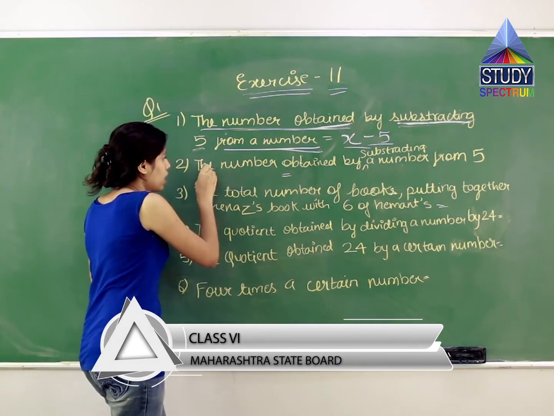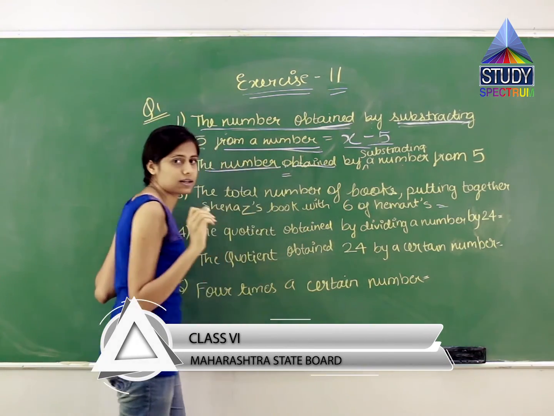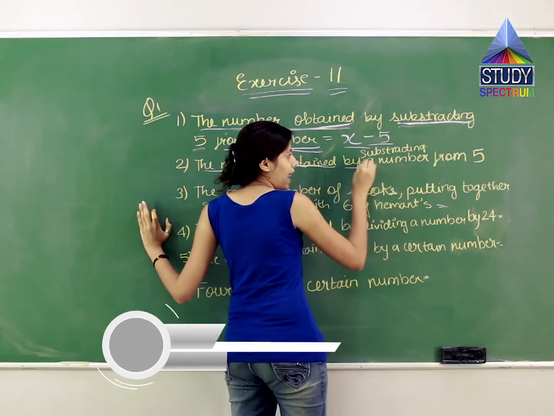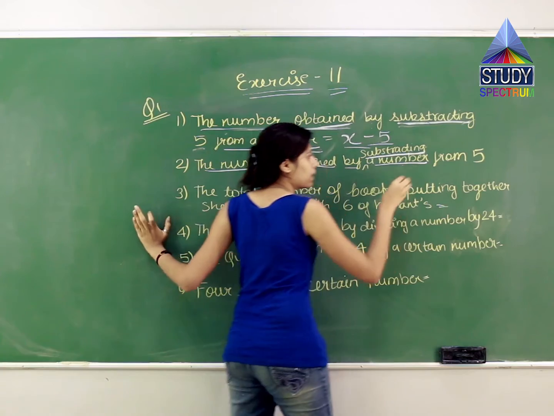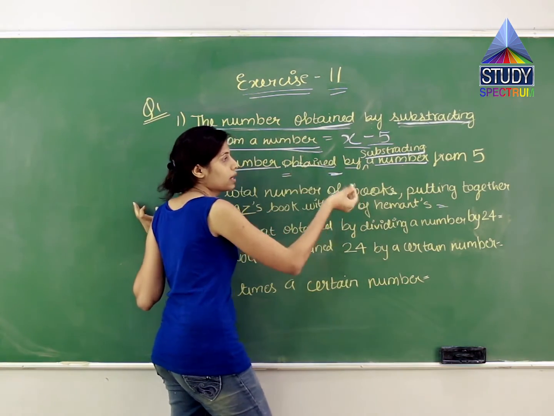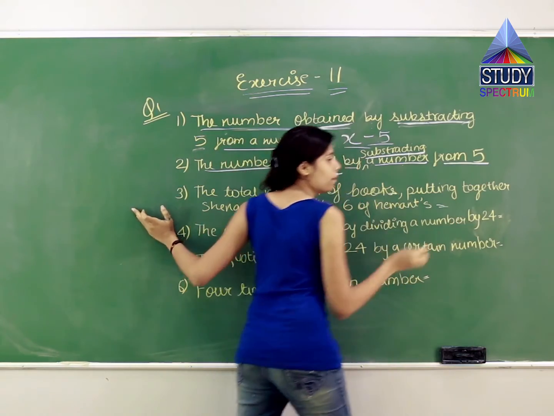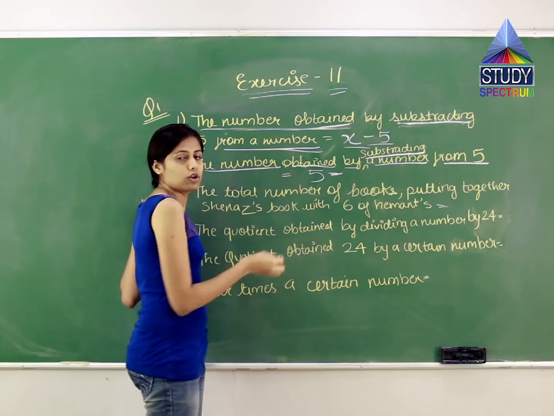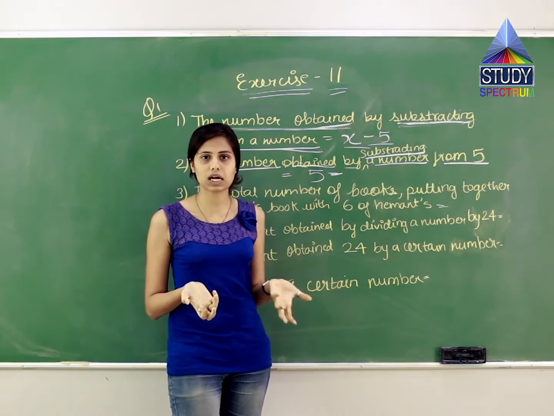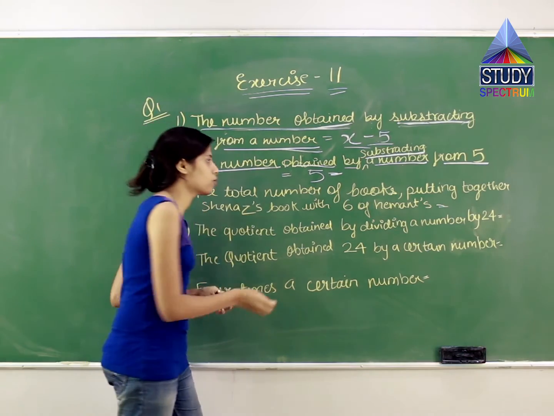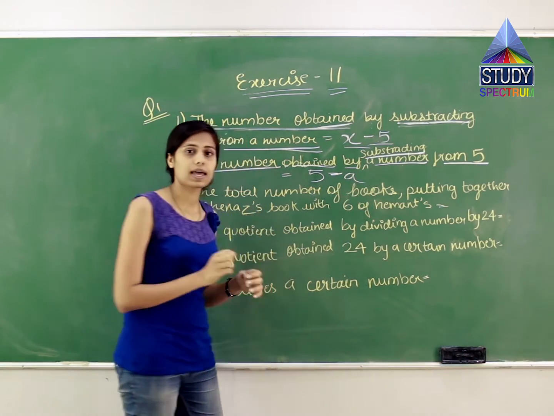So look over here. A number is obtained. Okay, the answer. They are telling us to find the answer which is obtained by subtracting a number, means later part they are told कि माइनस करना है एक नंबर, पर किससे माइनस करना है? From 5, means you have to subtract a number from 5. तो 5 minus the number is unknown, so we will replace it with any letter from A to Z. Suppose A, so it is 5 minus A.